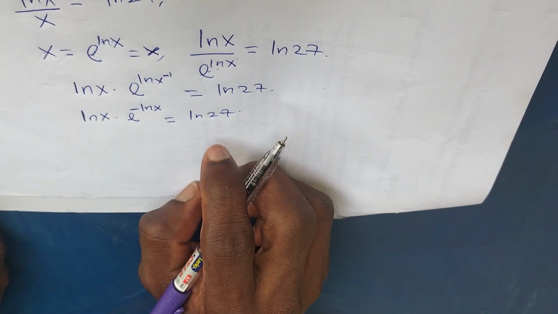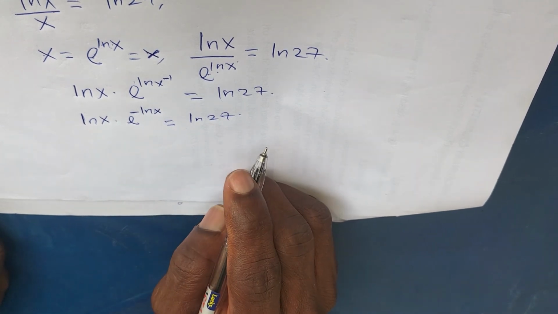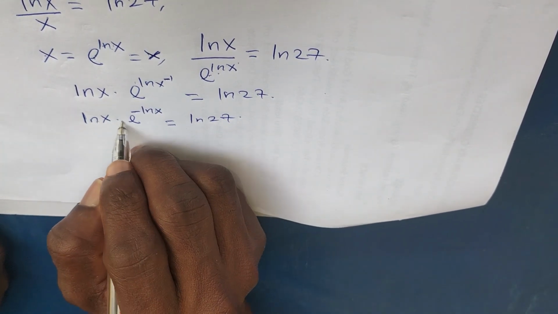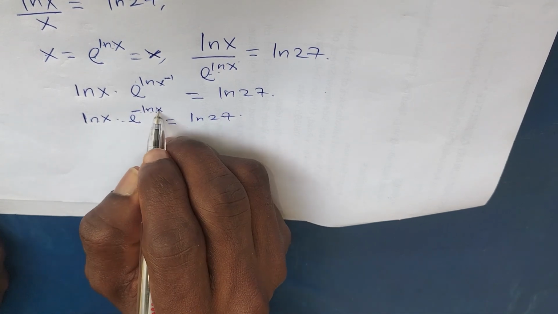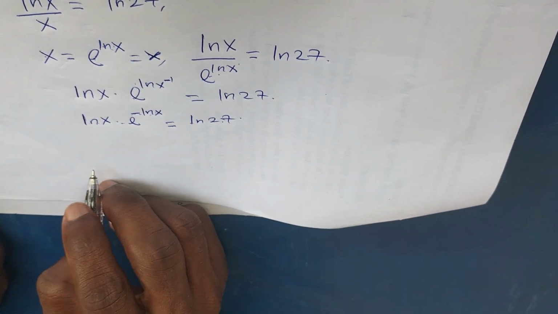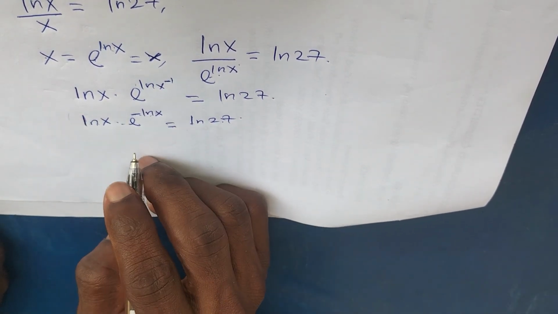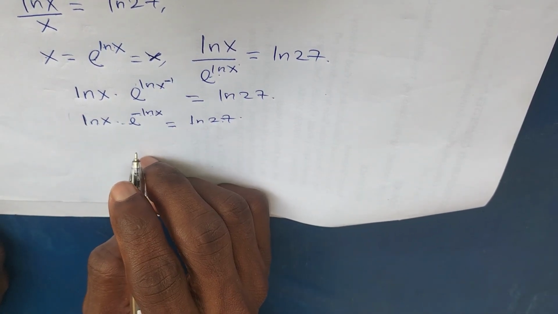Okay, this thing is getting more interesting. At this junction, for me to look for the value of x, I'm having ln of x times exponent of negative ln of x is equal to ln 27. In order for us to get the value of x, we have to apply what we call the Lambert W function. The Lambert W function says,